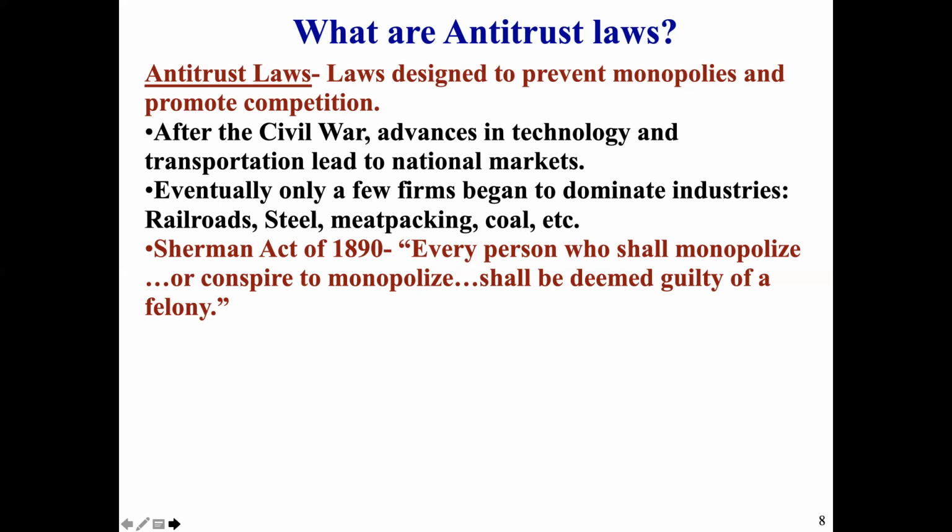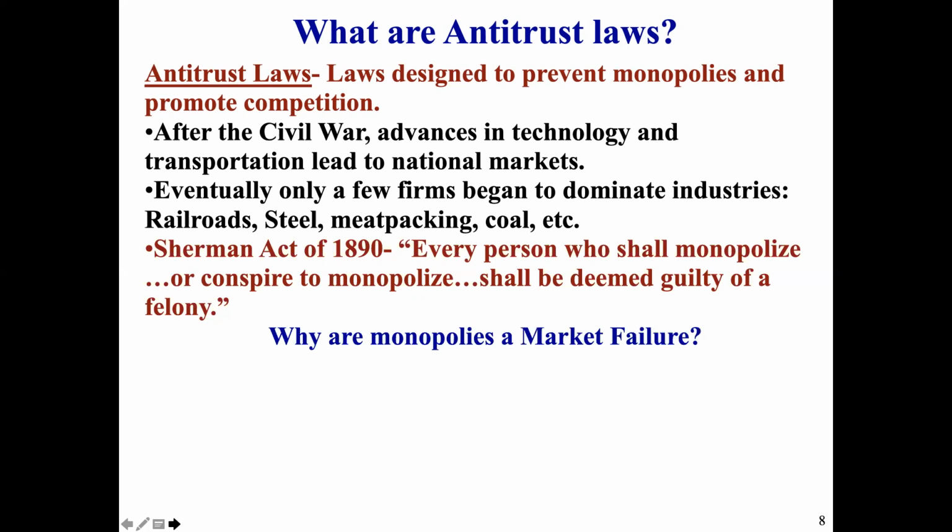This is the major piece of legislation we have here in the US, and it was passed in 1890. So this hasn't been updated in a while. In the context of big tech companies today, it's going to be really interesting to see if Congress responds and updates antitrust legislation in the context of Google and Facebook and Amazon. But for now, this is the big one that's on the books.